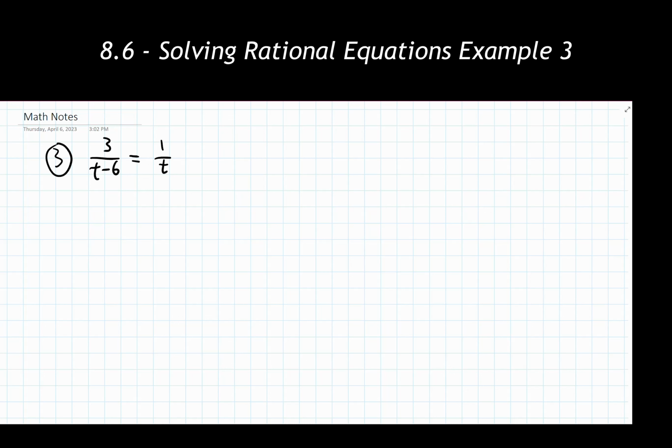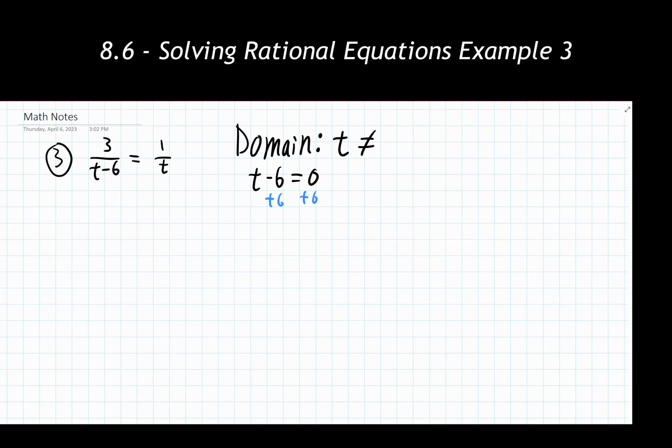Might just be one, like we had in example 2, but we need to check each of them individually to make sure. So sometimes doing this off to the side can be very, very helpful. Again, I'd list somewhere for ourselves the domain. So what values can t not equal? So let's look at our first domain. So I want to find where is t minus 6 going to be equal to 0.